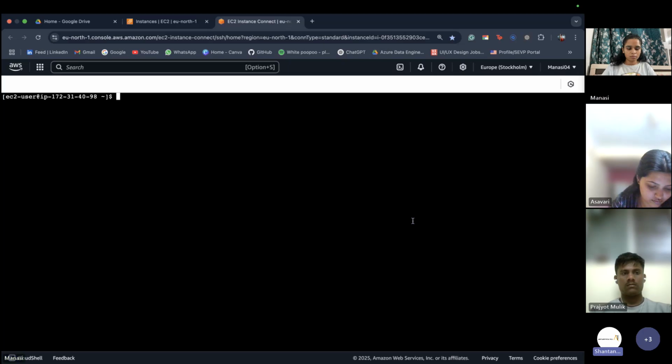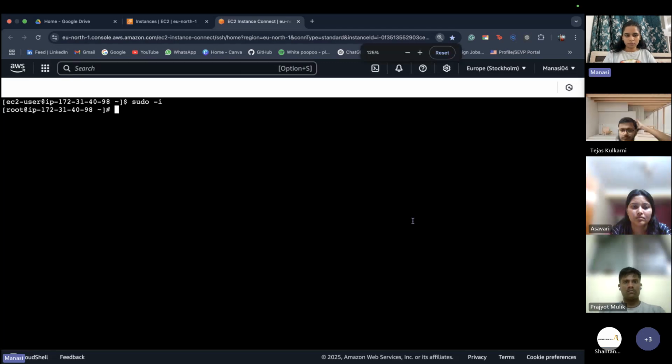Okay, just switch to root user and zoom in a little bit on the command prompt. Is this fine? Correct, it's good.